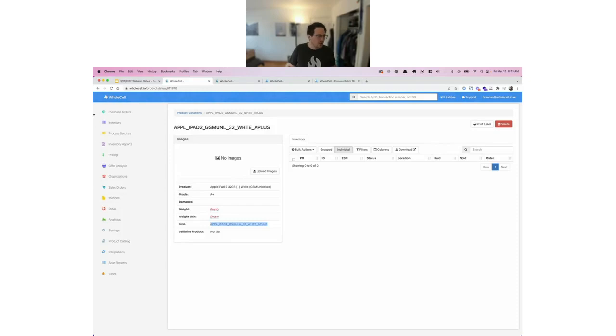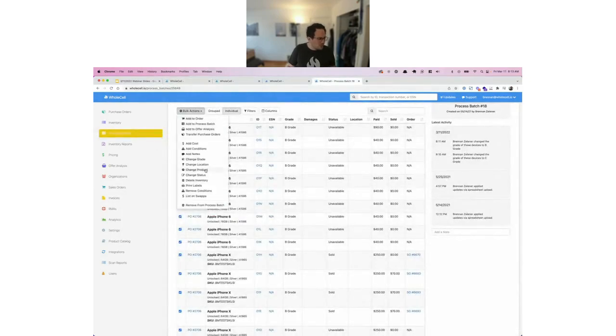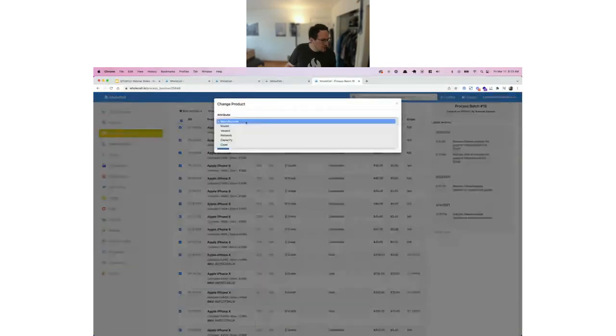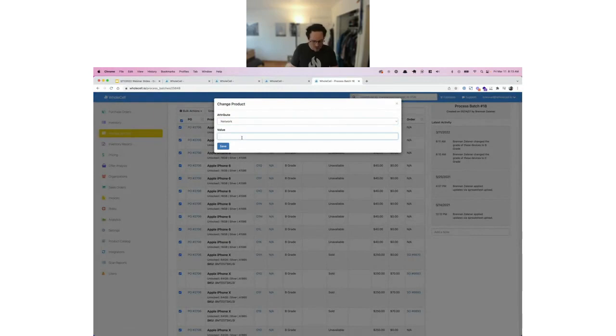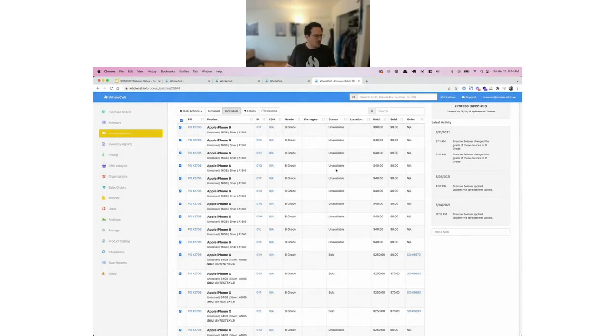However, in WholeCell, that tester can come in on a process batch, go up here, go to change product. We can change the network to unlocked, and bam! All of a sudden, instead of having to go and search and hunt for the SKU for every various product in this process batch. I'm not going to do this because I don't want to make that change right now, but we can just